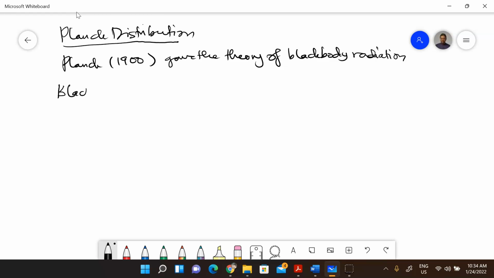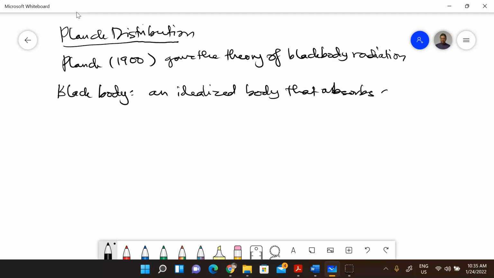So what is a black body? A black body is an idealized body that absorbs all radiations, all incident radiations. Now, when I say idealized body, it's really like a more theoretical concept,